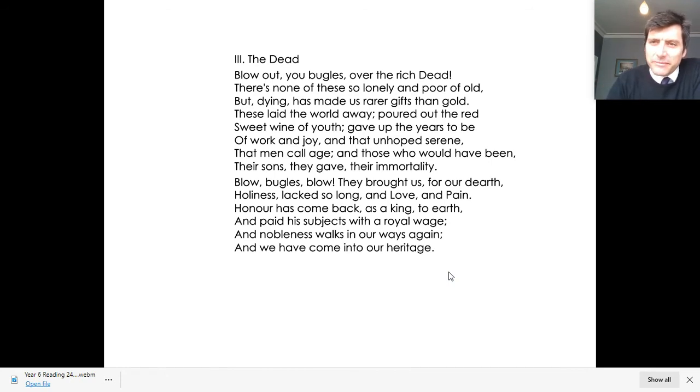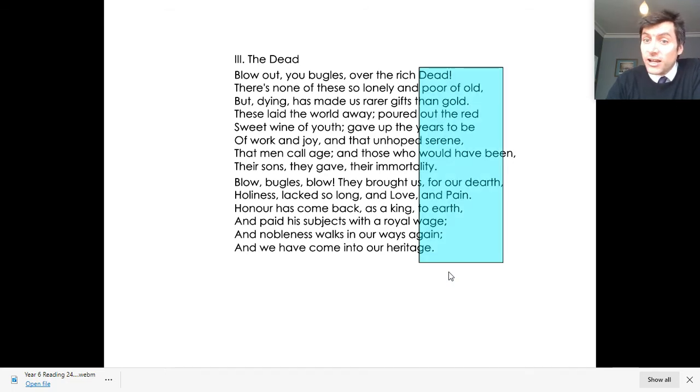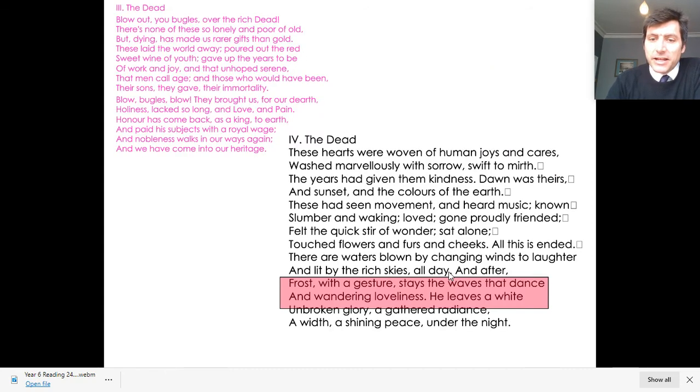What do you notice about it? Anybody notice the structure straight away? The rhyming structure? How many lines? Yes, 14 lines, okay? And we can see there's an 8 and a 6, so it's an octave and then a sestet. So it's a 14-line poem, so it's a sonnet. You see dead rhyming with red. No, we've got old and gold, but we've got dead and red. So it's an A, B, B, A, so almost like the Swedish supergroup ABBA. A, B, B, A, okay?